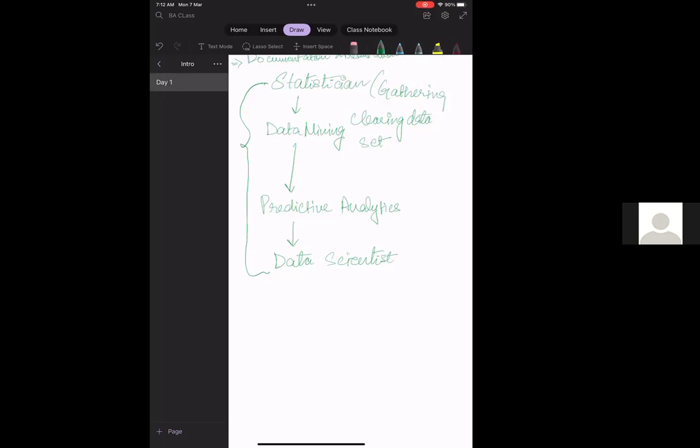Any field, whether it is HR or whether it is marketing, will necessarily do predictive analytics. I'll give you an example for HR or for marketing, because if you can understand the basic, you can obviously understand data analytics and business analytics as well. So for example, in HR, say if a company wants to understand the reason why employees are leaving the organization, they will have to study the past. Say they will take the data of past 5 years. They will do analysis of the data.